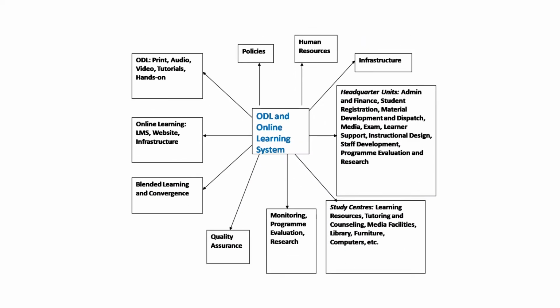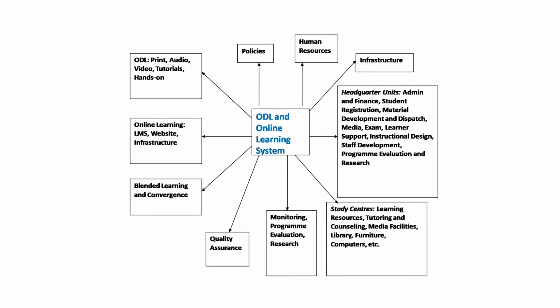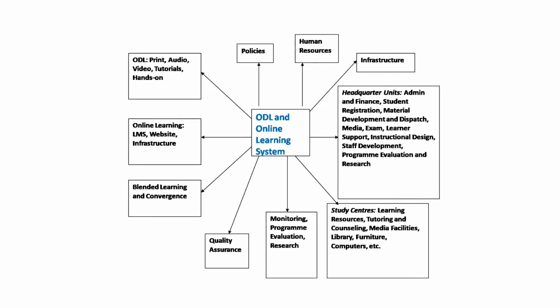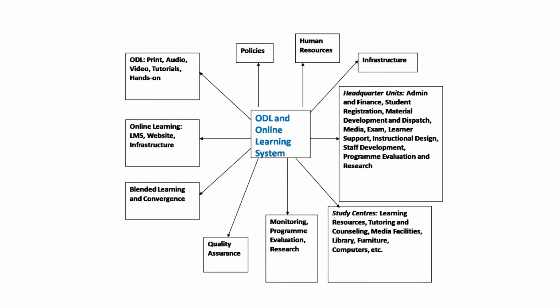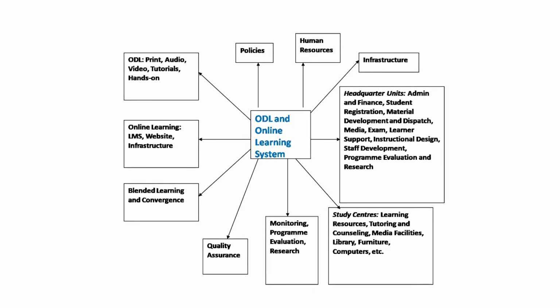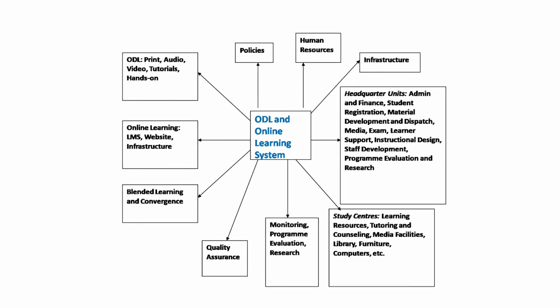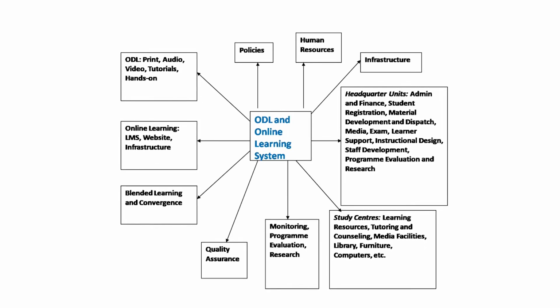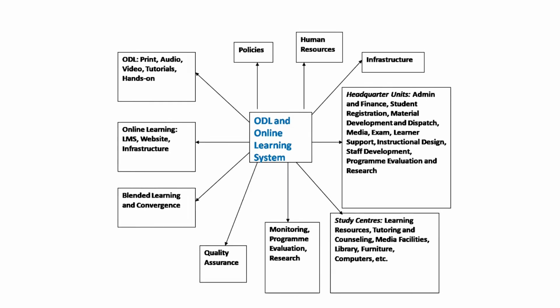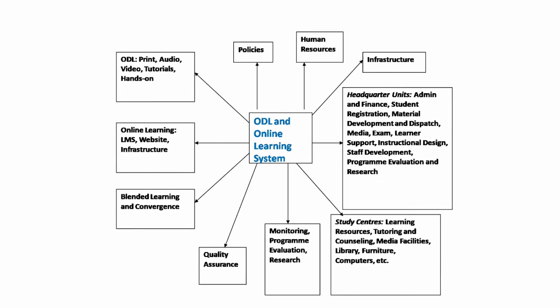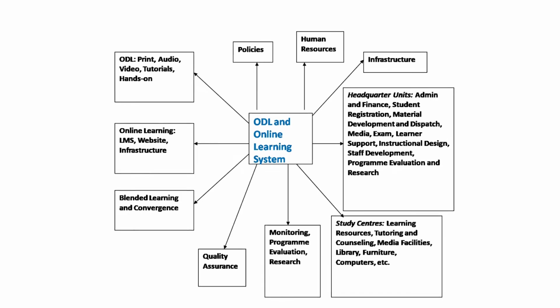For online teaching and learning, if you are establishing a system afresh, or if you already have a system in place, you need to consider, starting with policies, the different human resources that will be required. We will discuss a little bit about these. Certainly the infrastructure. Then of course a network of headquarters, the main university campus, then its own network of study centers, or maybe online networks, people sitting at home,